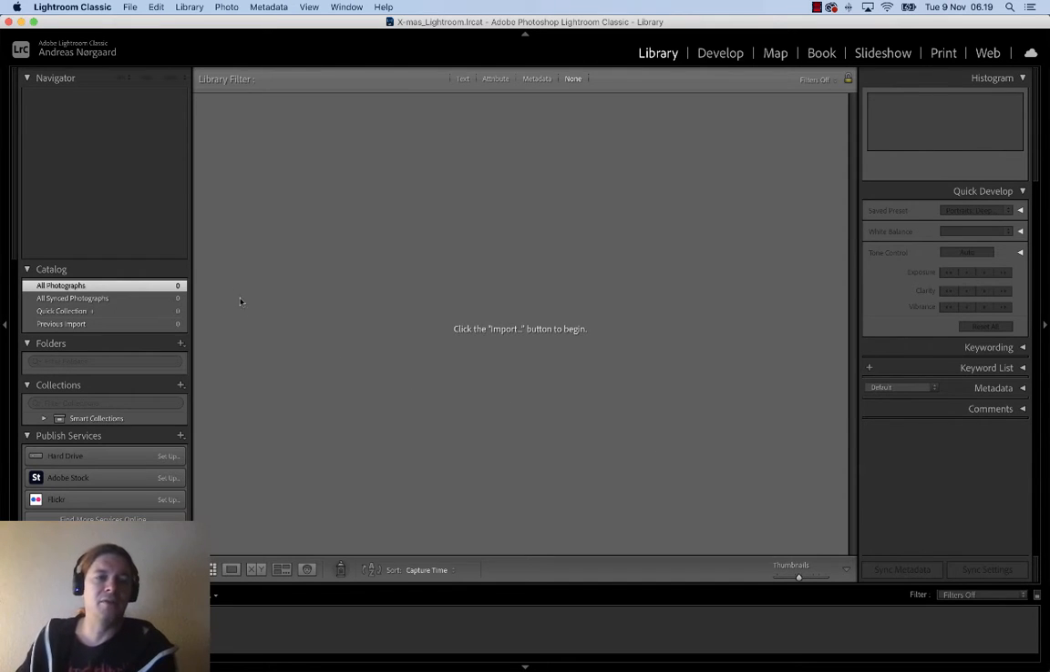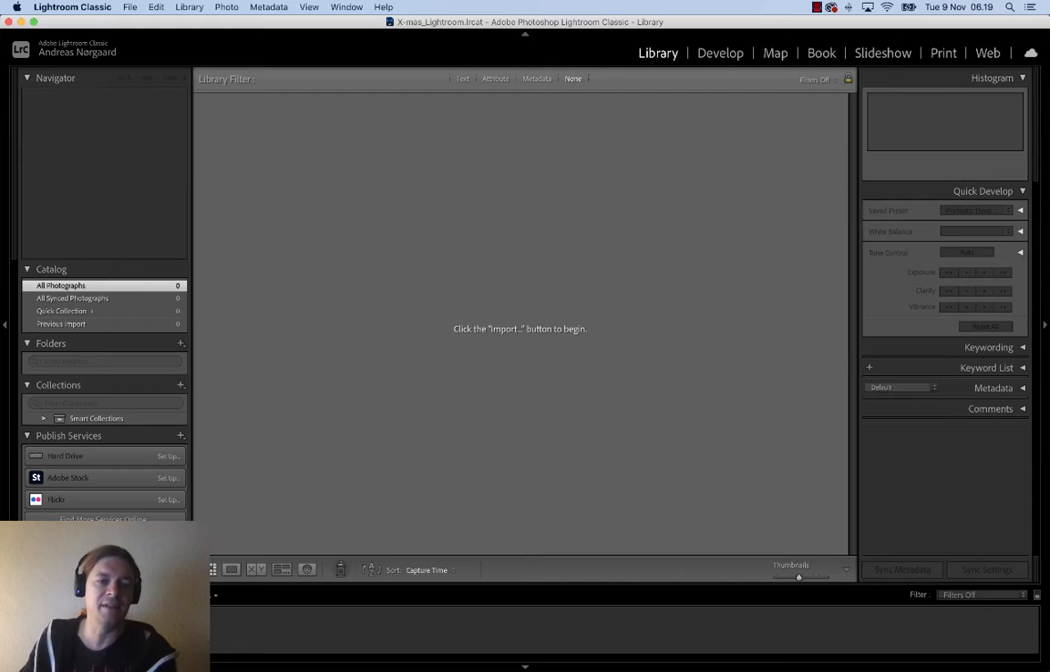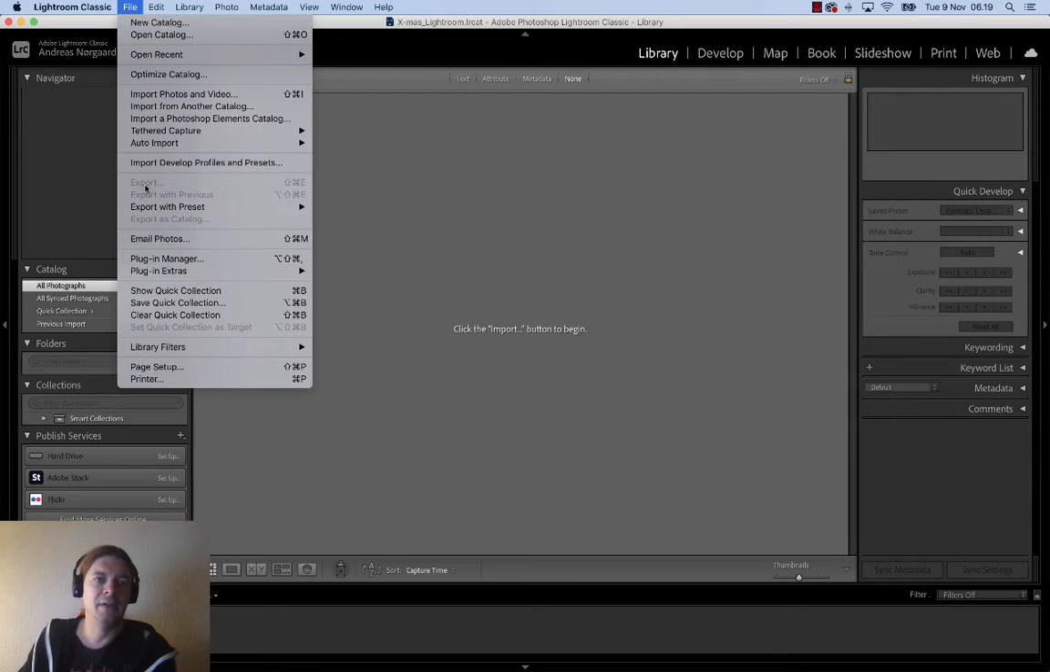Okay, so in order to find these files, we're inside of the library view right now of Lightroom Classic, and you could just import pictures by going to File, Import photos and video. It's exactly the same as clicking down here on Import. So I'll just choose Import photos and video,